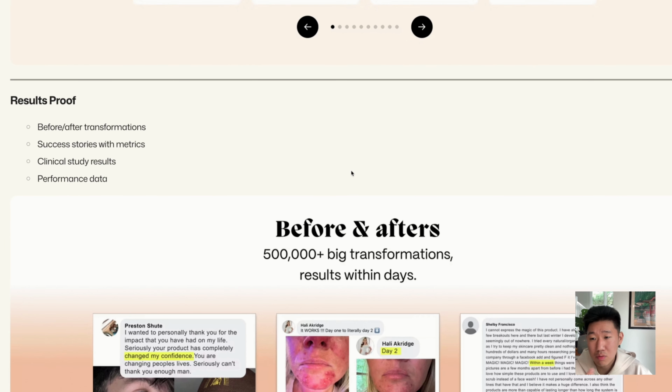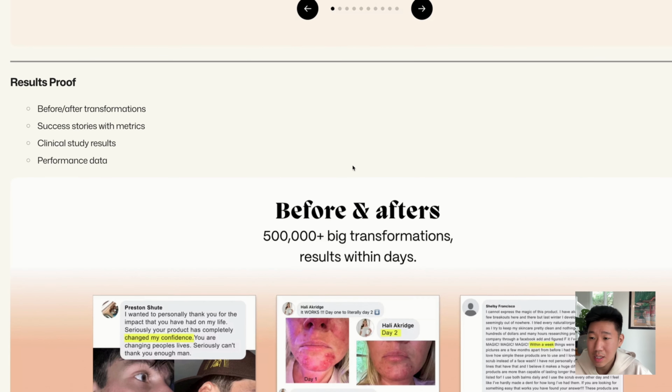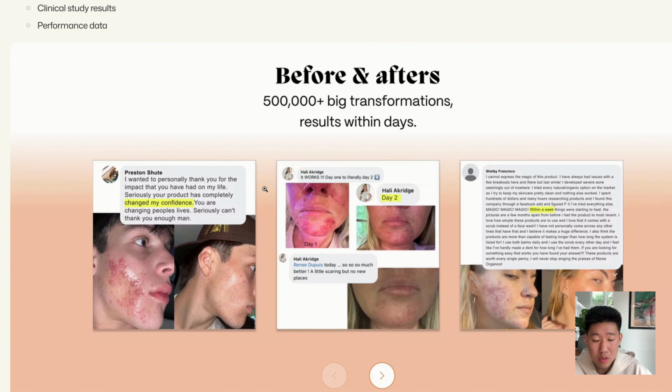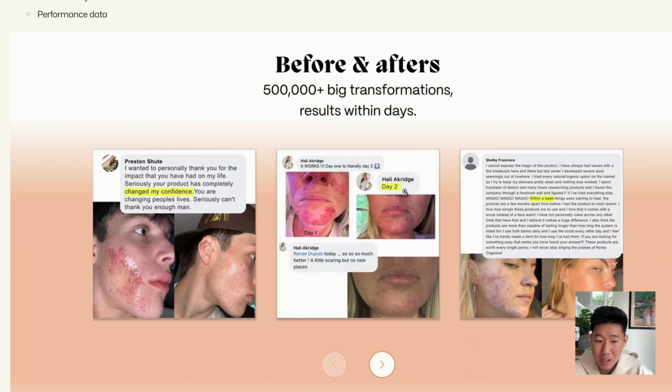Number 3, which is similar, just results. So mainly like before and afters, success stories, results, performance metrics and data, all that. So before and afters, if you're selling supplements, skincare, this is a great way to visually highlight the transformation that you're promising, right? So yes, we have the written reviews, and this brand here has actually taken screenshots or just repurposed specific comments on social media to make it more authentic, because a lot of their traffic is coming from Facebook, Instagram. So using that same layout or format in the testimonials, as well as before and afters,